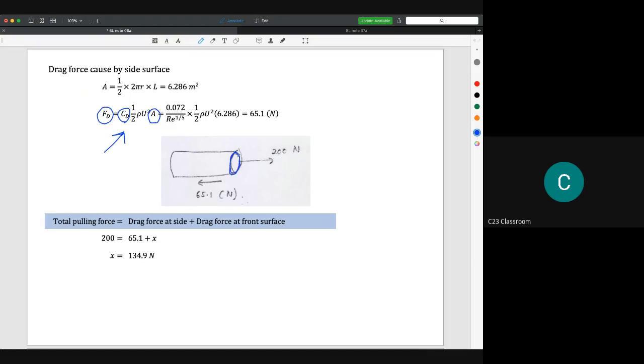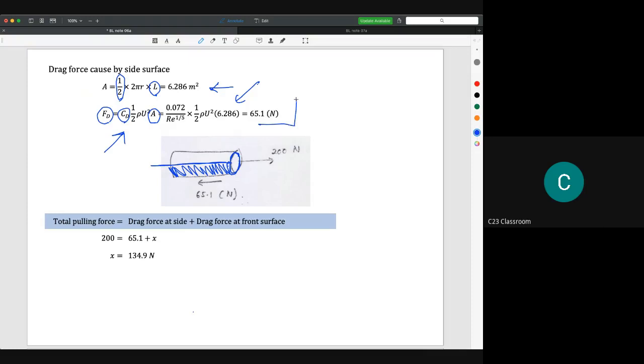However, the water level is half of the timber, so it means that we need to calculate the area of this one. So we could calculate it as 1/2 times 2 pi r times L. So we get around 6.286 meters square. So we substitute into this equation, we get the drag force due to the boundary layer is